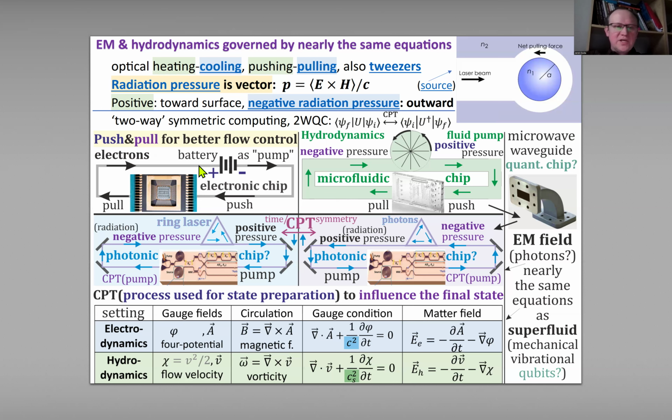Having an electronic chip, the battery both pushes electrons and pulls electrons. It acts in two ways, pushing electrons and pulling electrons. Very similar is a microfluidic chip, where we have a pump which both pushes some fluid and pulls some fluid. So as there is a similarity between electromagnetics and hydrodynamics,